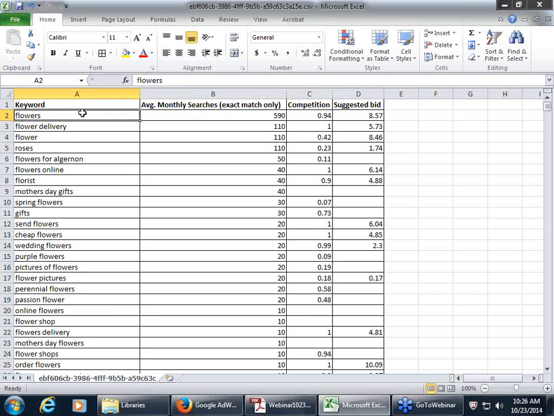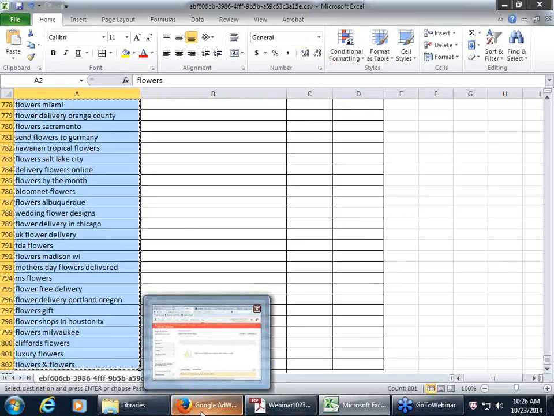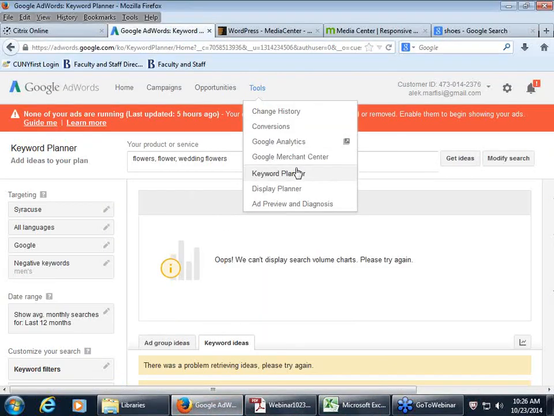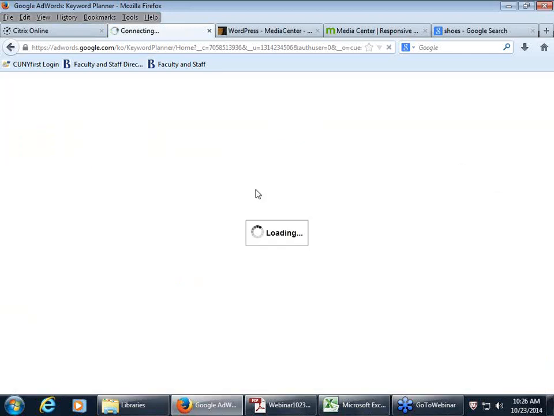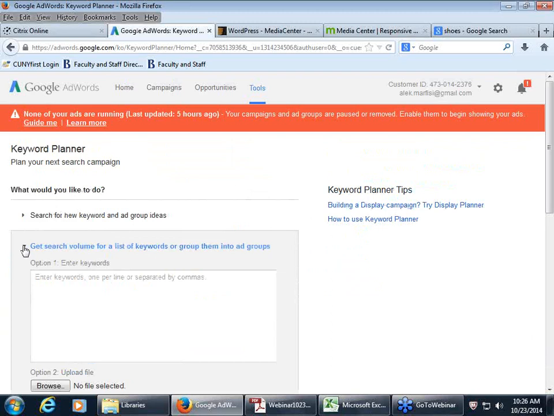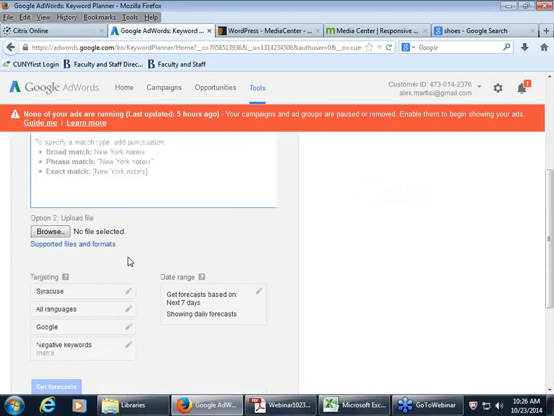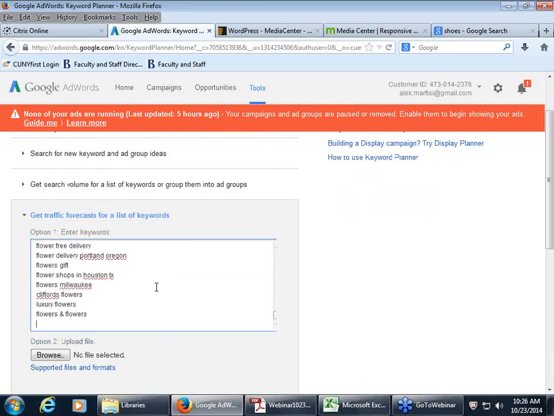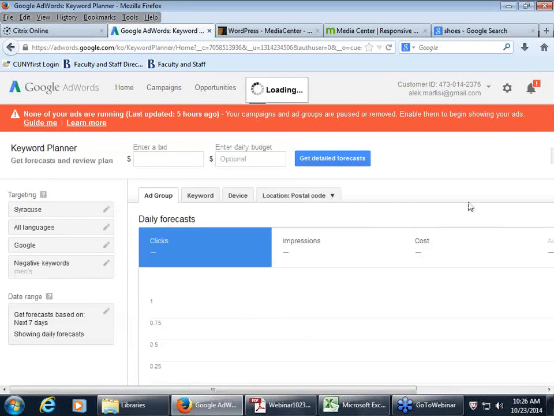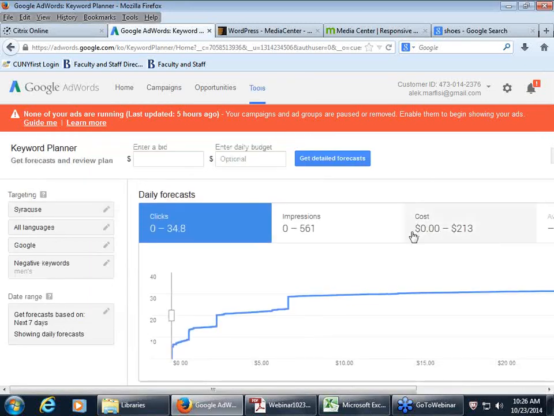Once you get that information, you can select these keywords and then analyze what sort of traffic and what sort of bid you should set up for these keywords if you were to develop a campaign. So again, going back to the keyword planner here, you click on Get Traffic Forecast. You enter those keywords that we just narrowed down, and I just selected all of them for argument's sake and to keep the ball rolling here, and get forecasts. And it produces a curve representing the relationship between the number of clicks that you'll get versus the bid that you put in for those clicks.